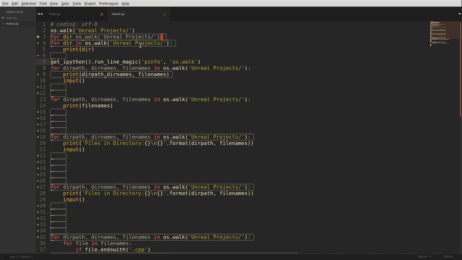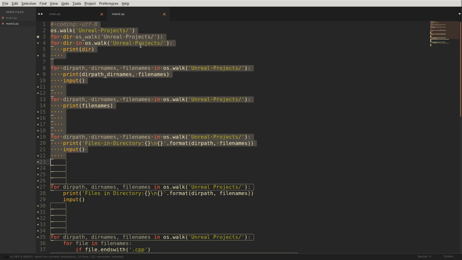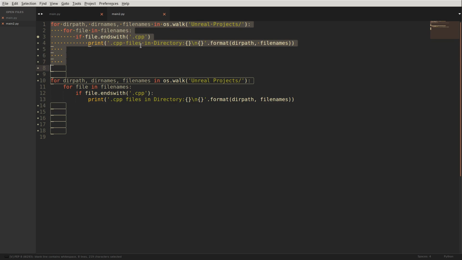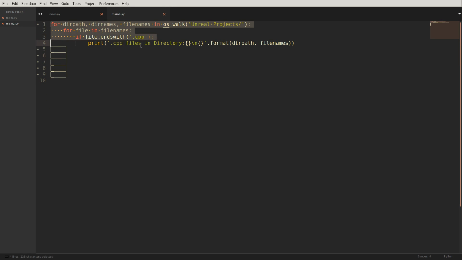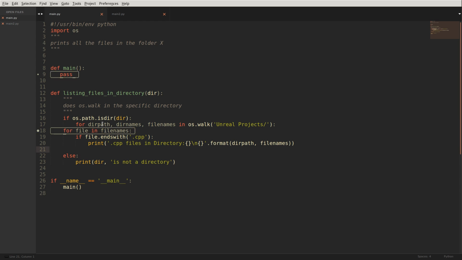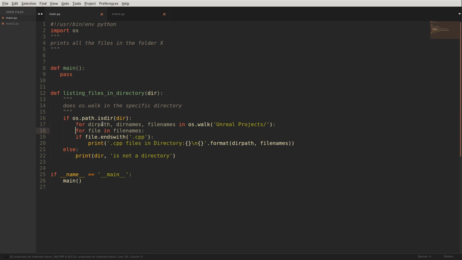Also, you can see there is this get IPython magic about the OS fork. I just want to get this part. Yeah, even the wrong ones are there. So I just want this one, and fix this, so for the if and the print. I have the error pass was like this. So now in the main I can